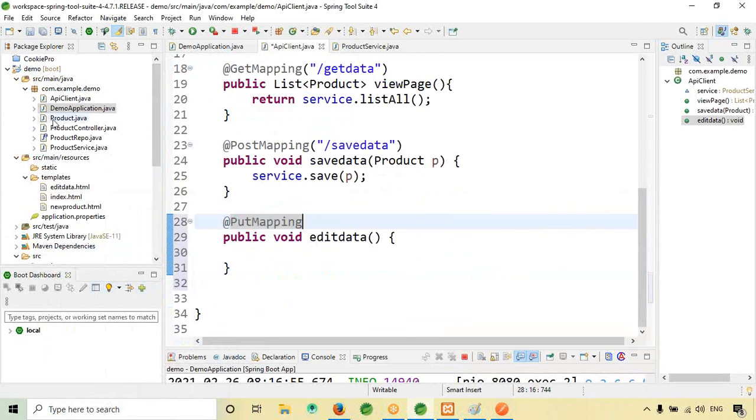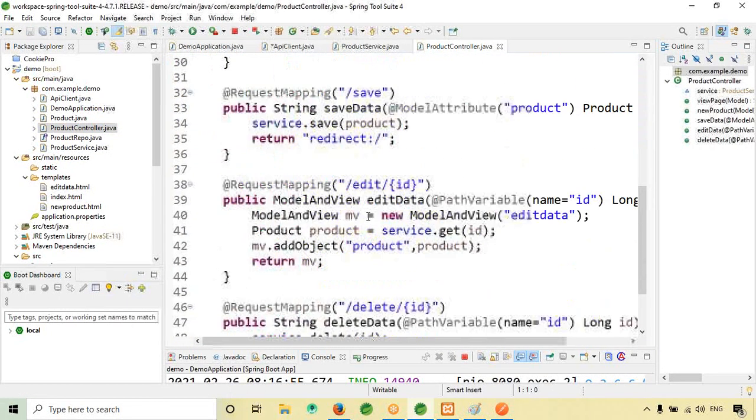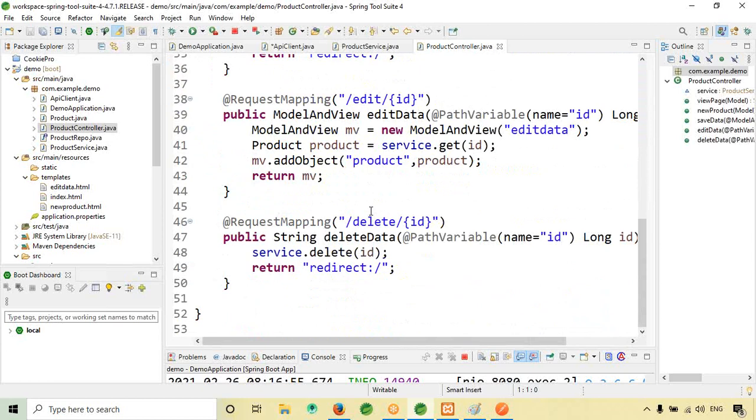So what I will do is, like yesterday we have done this product controller, right? In product controller, if you observe, if you want to update the data, we used to pass like this. Yesterday I explained why I passed like this.